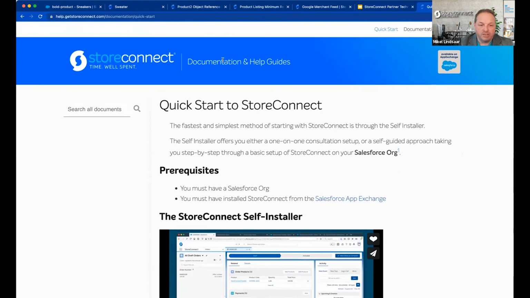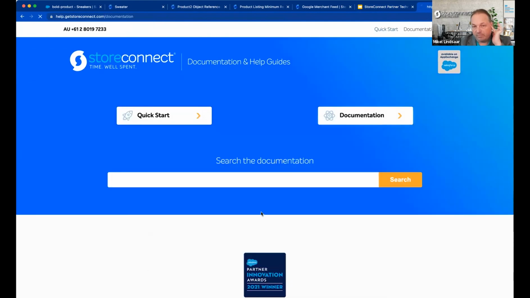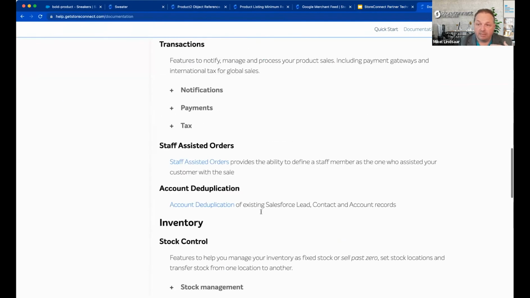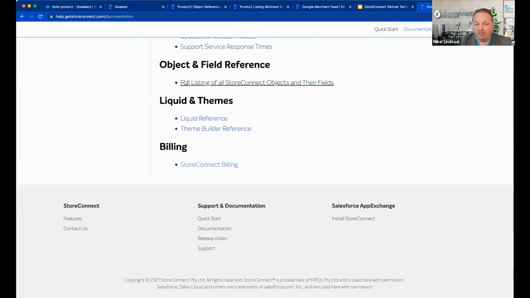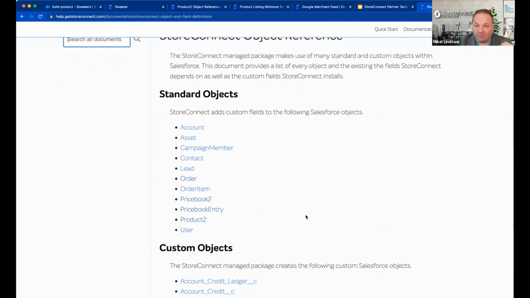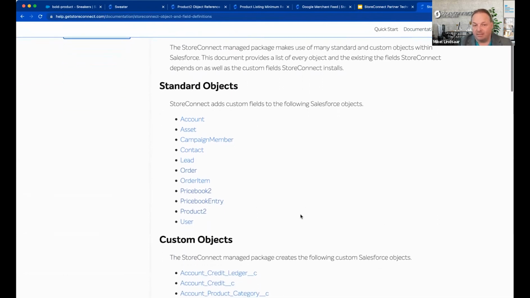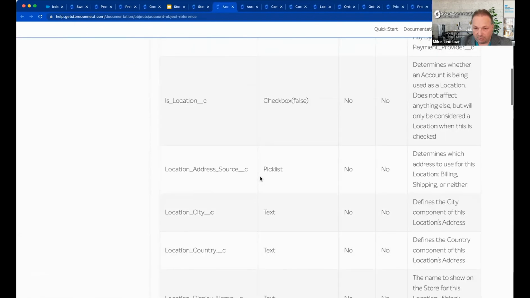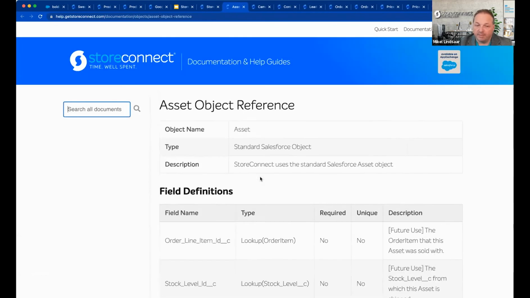The final thing that I'll leave you with, because we're getting close to time, is if we go back to the documentation reference here, as a partner, this is very important for you, this full listing of all StoreConnect objects and their fields. This tells you what every field in StoreConnect that gets added does. The amount of documentation work that's gone into doing this is pretty mind-blowing, but just to give you an idea, these are all the fields we add to the account, and these are all the ones to the asset